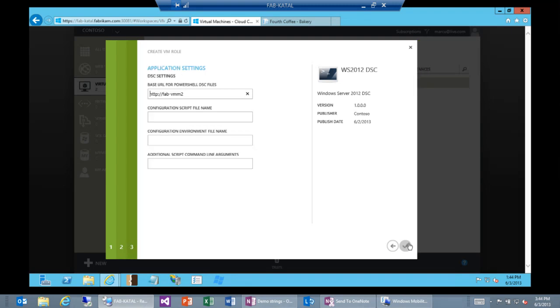And on the next page, I'm going to push the very same configuration files you saw Kenneth working, I'm going to stick those in this gallery item so that as we create the first VM in the tier, and as you scale it out, we'll push the exact same configuration file to every machine in the tier.